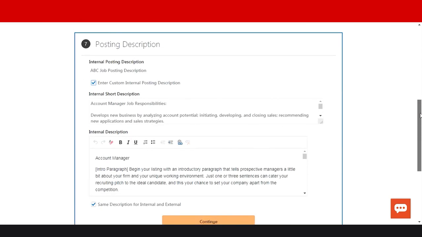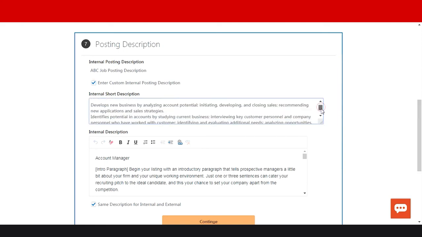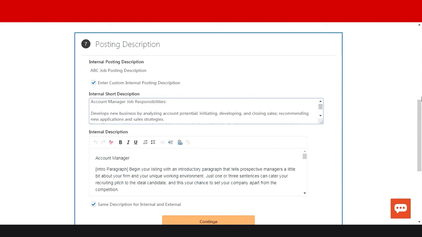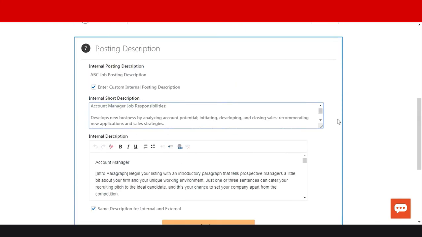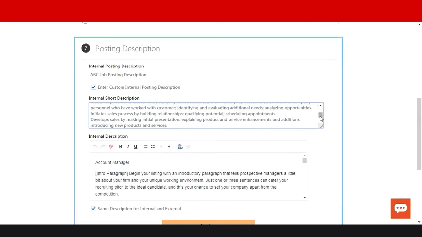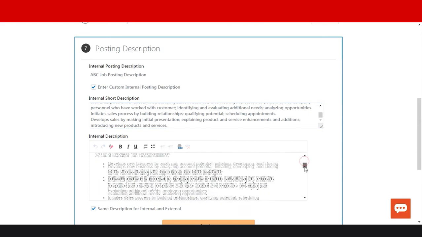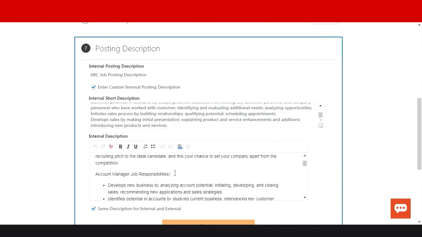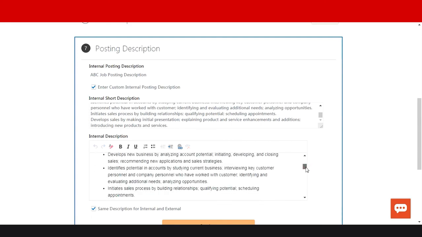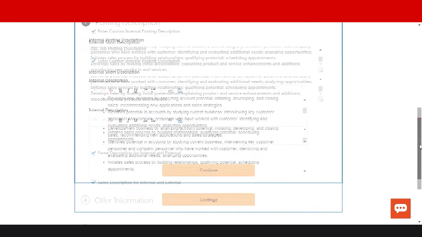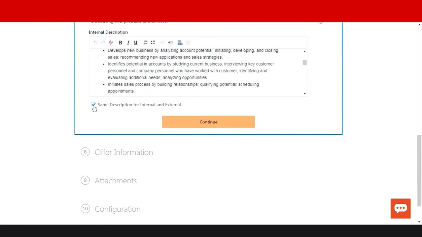Here is the page where we can enter the posting description. This will appear when a candidate is applying. This is for internal and external. Internal means when an internal candidate is applying, he will be able to see this job description, the job description and responsibilities, and this is customizable as per your requirement. Even you can change it. If you want to post it as external also, you can check this checkbox so that it will be available on the client website under the career section. You can see this complete job requisition.